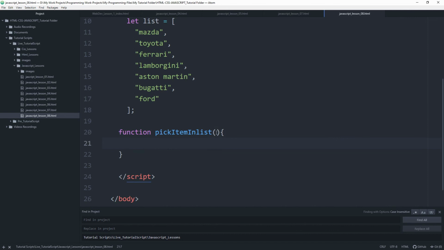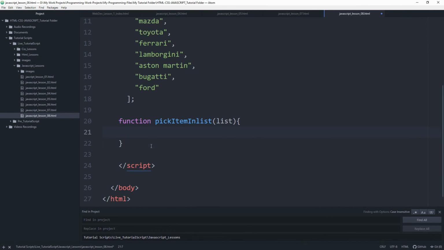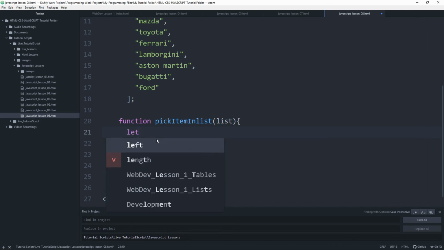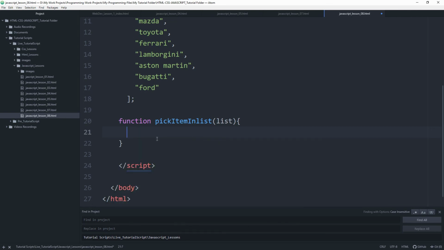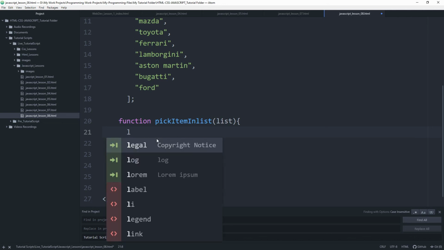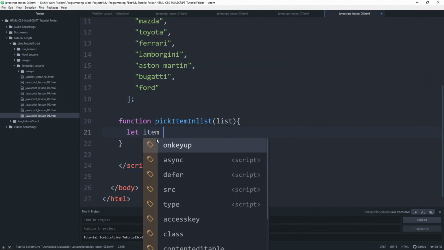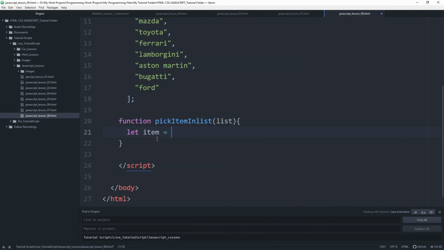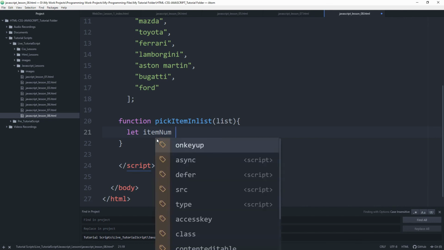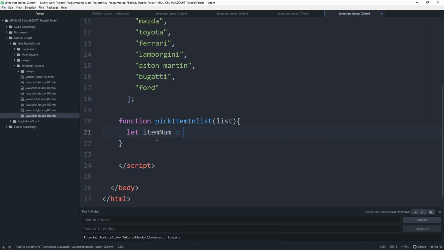What this is going to do is take the list, and then I'll create a variable. I'll say let itemNum equal to